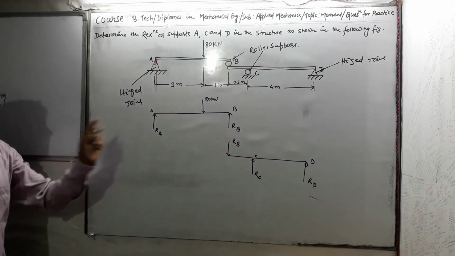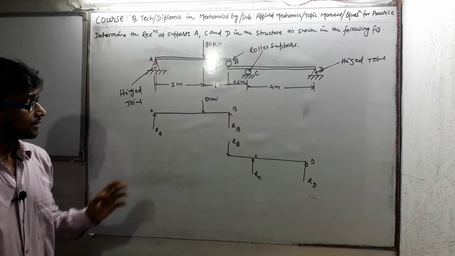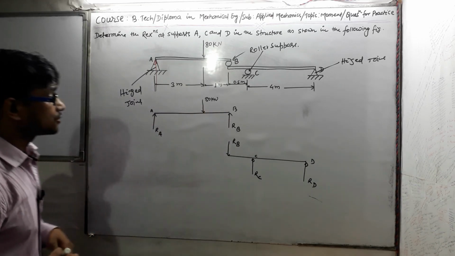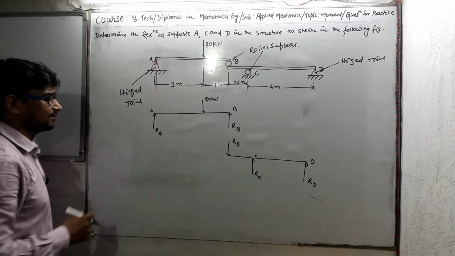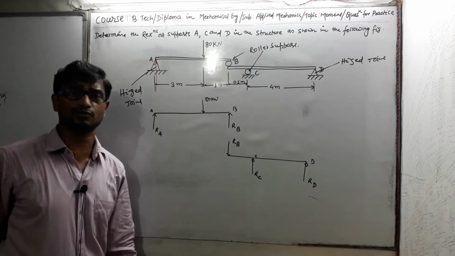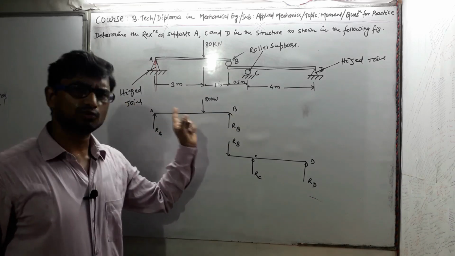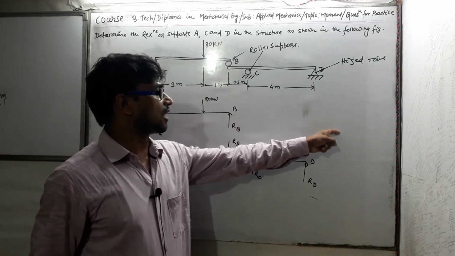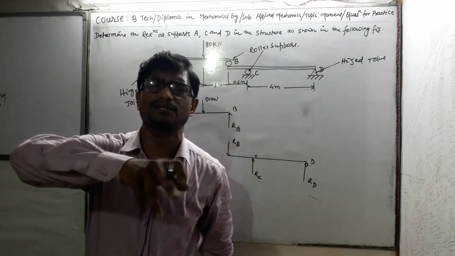Here we can see upper beam AB is in equilibrium position. Since the upper beam is in equilibrium, I am applying summation of all vertical forces equals 0 and summation of all horizontal forces equals 0, and moment about any point I am considering, so that the beam would not shift in the horizontal or vertical direction, and the body does not have the tendency to rotate.